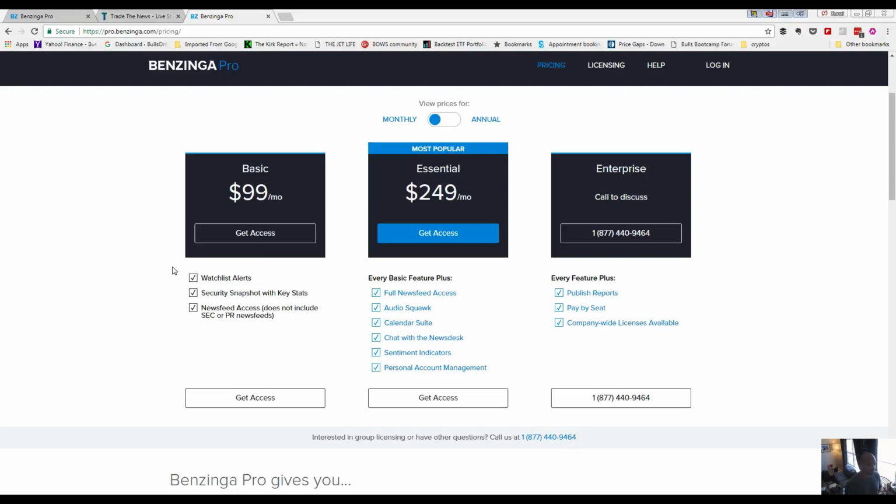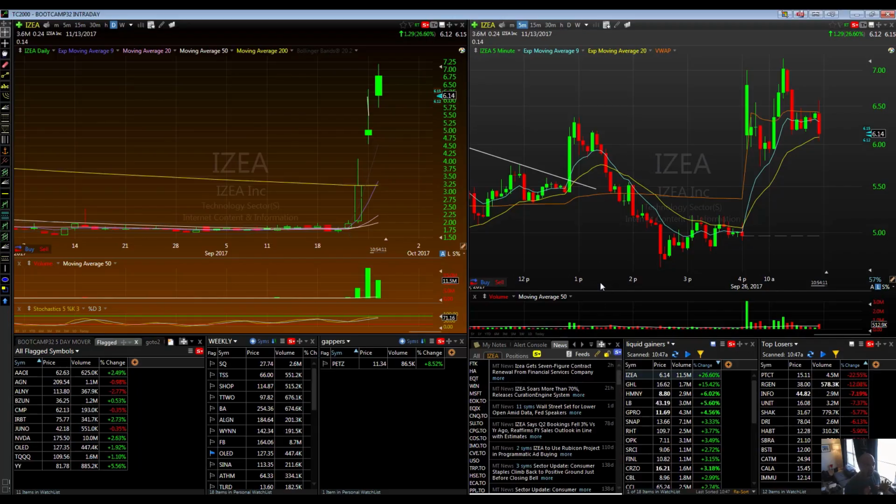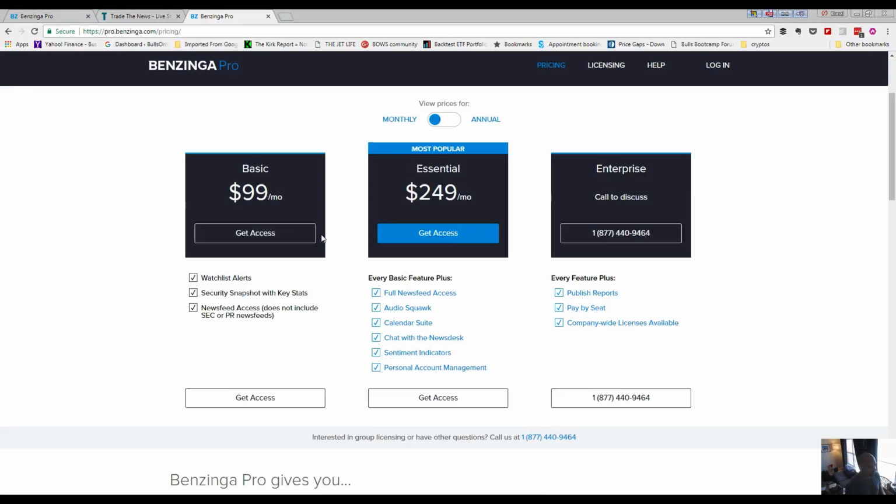A lot of you guys have asked about different news feeds that I use to check news. So I'm a technical trader, right? I'm using chart analysis, and I'm using TC2000 for all my charting in terms of how I get in and out of stocks. But one of the things that I utilize a lot is news, right? And a lot of you guys have asked what type of news feeds I personally use and have tried over the years. And I've used the premium news feed on TC2000, Trade the News, and as of right now, I've